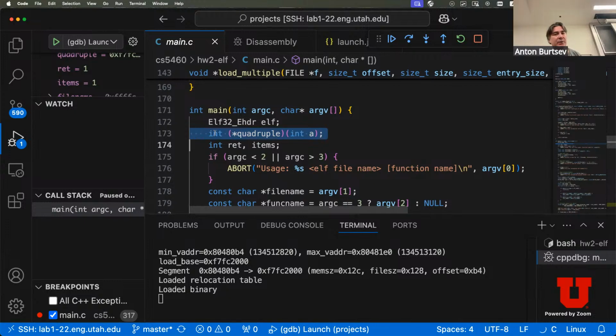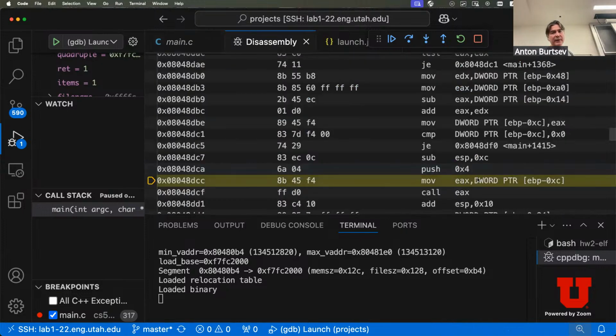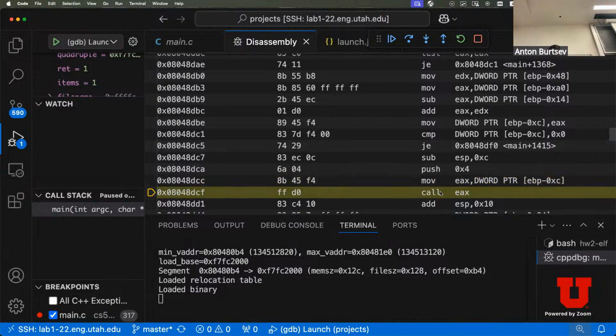And this is the syntax how C wants you to declare this pointer. It says, okay, it's a pointer to a function which takes an integer as an argument and returns an integer, right? Agree? And so this is how the compiler implements this pointer. They say, look, the pointer itself is stored in this EBP minus 0xC. It's relative to EBP, so it's a local variable. And so we will just load it into the EAX register, right? And then immediately after that, we're going to call it, right? And okay, so this is the actual call to quadruple. And so if we step into it,